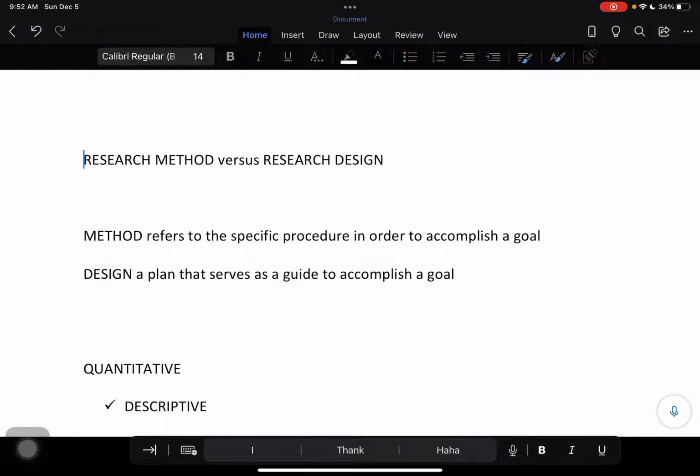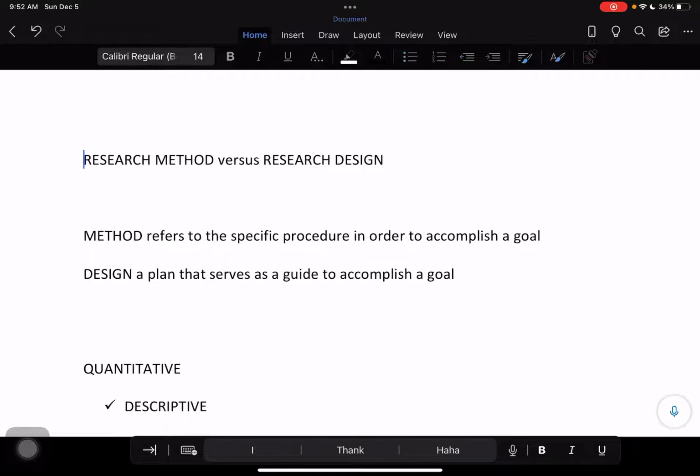This is Doc at Padama, and this time we are going to discuss one of the most common questions given to us when we go on live or discuss inside our classroom regarding research writing, and this is the difference between the use of the terms method and design, or specifically research method and research design. So we'll try to simplify this discussion by presenting the definitions of each term and then comparing and contrasting them,